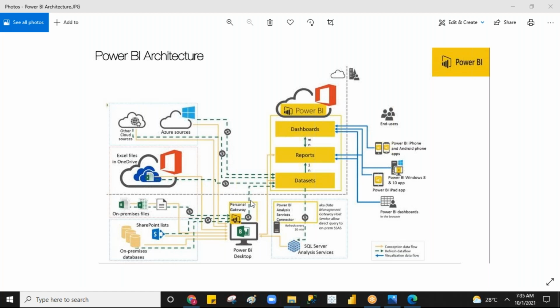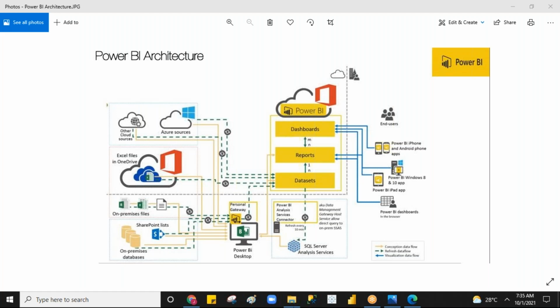If it is a cloud, it should have a communication layer. If it is on-premise, it should also have a communication layer, isn't it? So with the help of that, through Power BI desktop, the gateway is interacting with your data source. And from there,